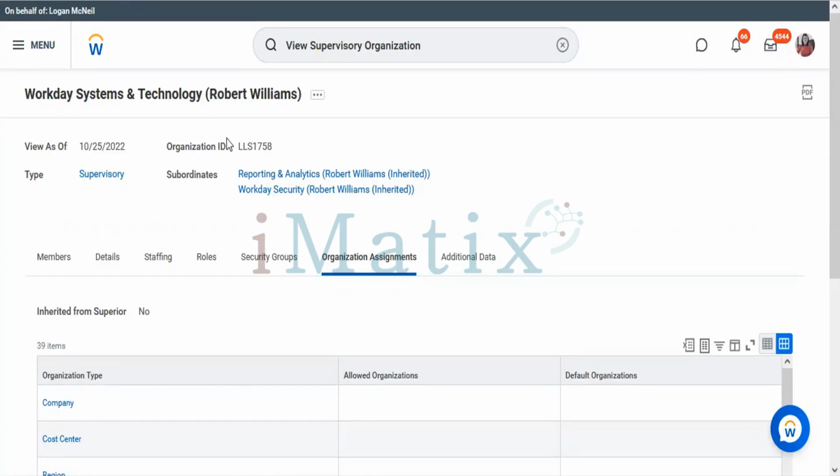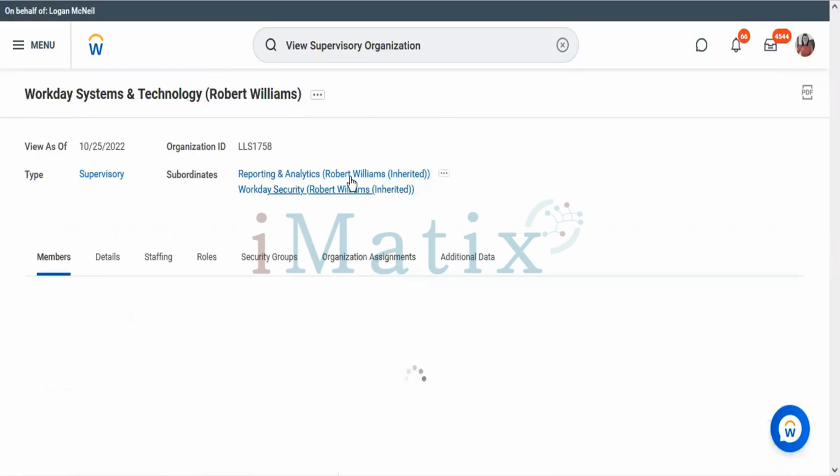Whoever the manager role is assigned to at the top level organization will be inherited. For example, you are seeing here, Robert Williams is made a manager. Manager is nothing but a role, right? That manager role has been inherited to these two subordinate organizations.